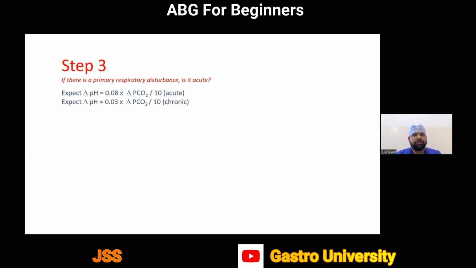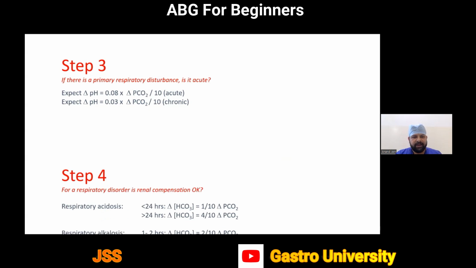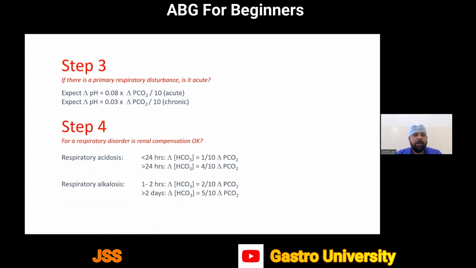So delta PCO2 is going to be the PCO2 which is mentioned on the ABG, minus the normal PCO2, that is 40 we have taken, and we will divide it by 10. In case it is going to be chronic, then the change would be 0.03 into delta PCO2 divided by 10. Now, whether this primary disturbance has got a compensation or not for respiratory acidosis, if it is less than